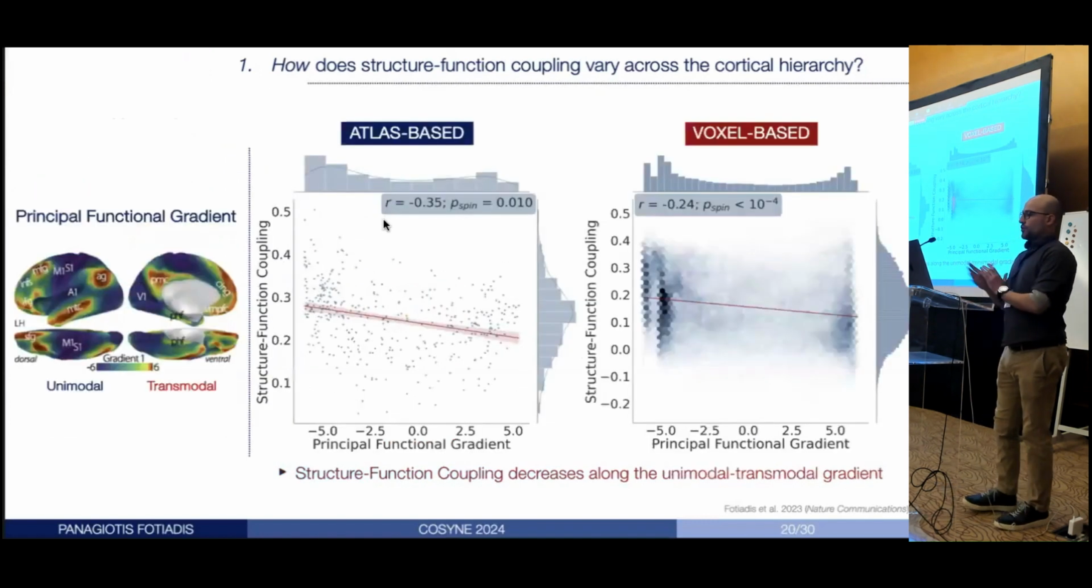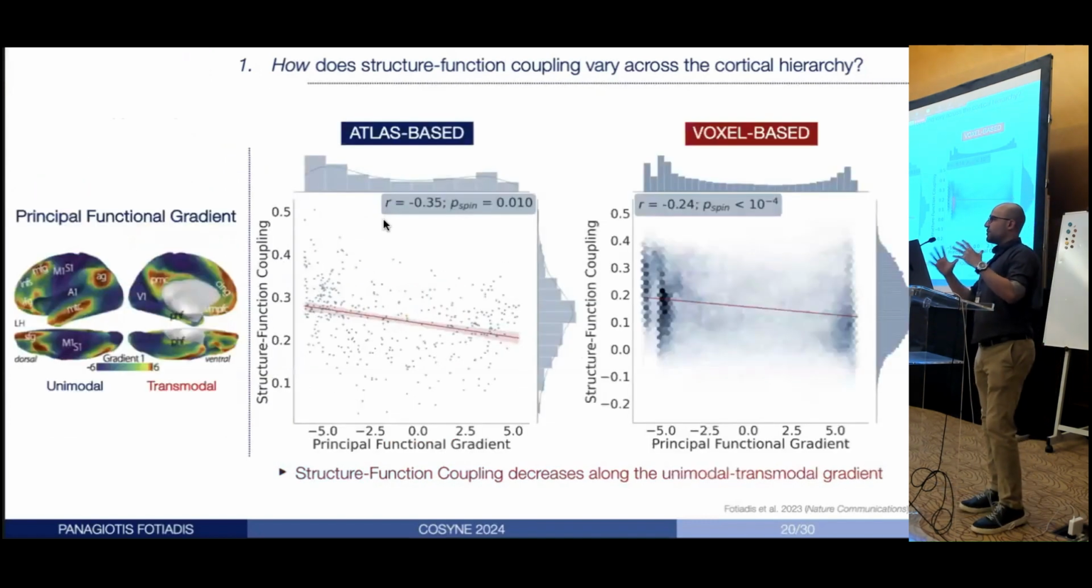The definitions of cortical hierarchy that I've been using so far are very coarse, right? 7 networks versus 5 networks. So we also wanted to use a more continuous definition of cortical hierarchy to look at the exact same question. And for that purpose, we turned to a